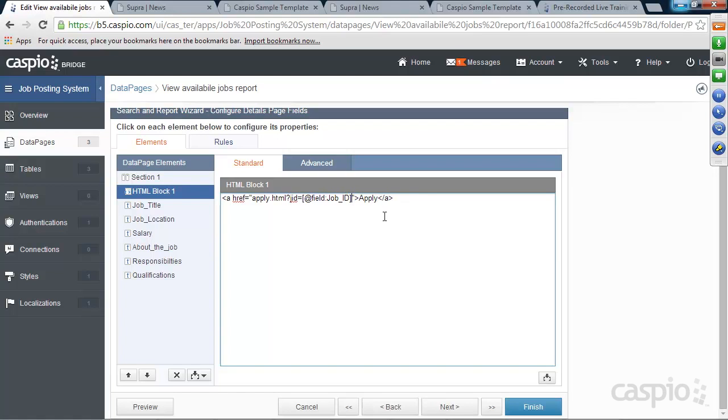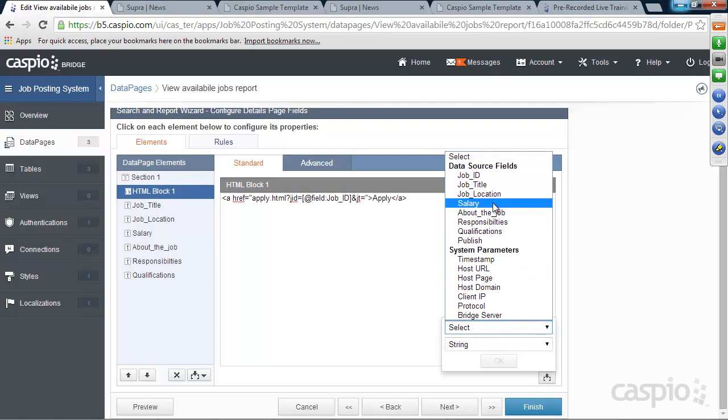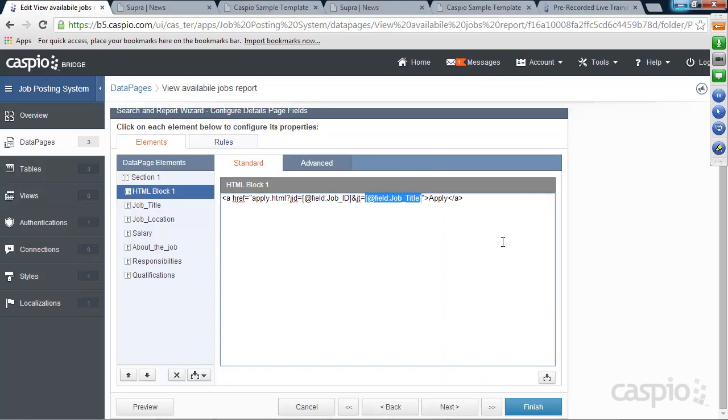I also want to pass one more parameter, so I'm going to add an ampersand here. And I want to pass job title, or I'm going to call it JT, equals job title, like this. And the reason why I'm passing job title as well, if you look at our live example,